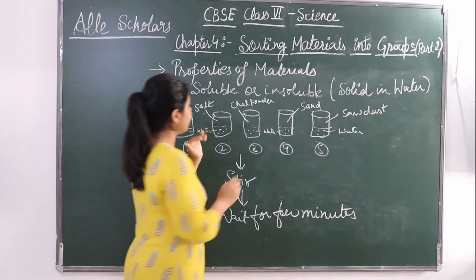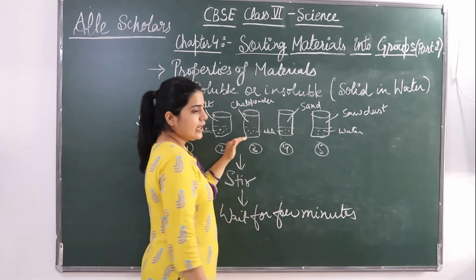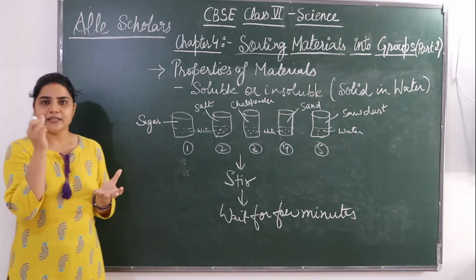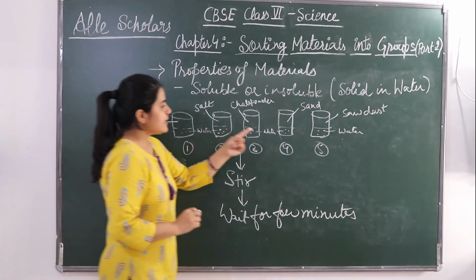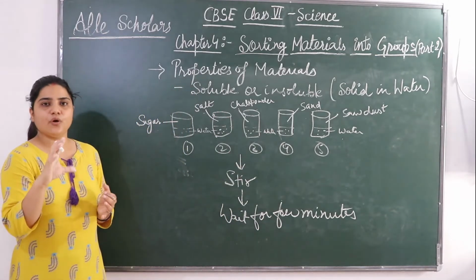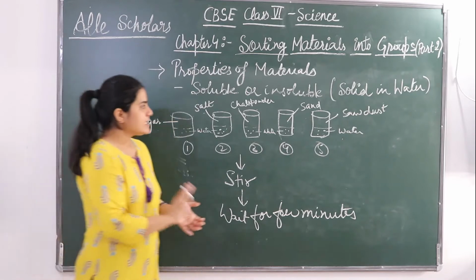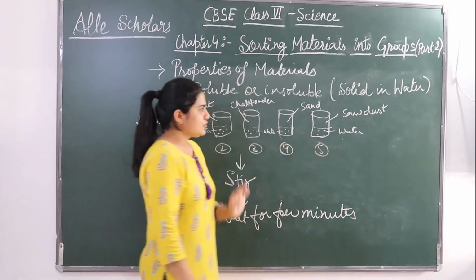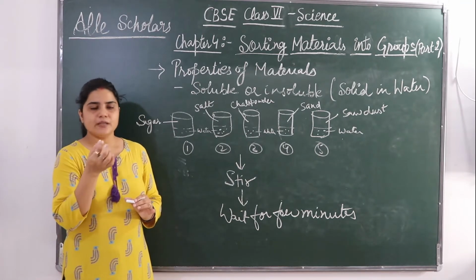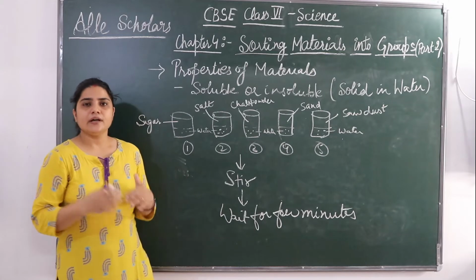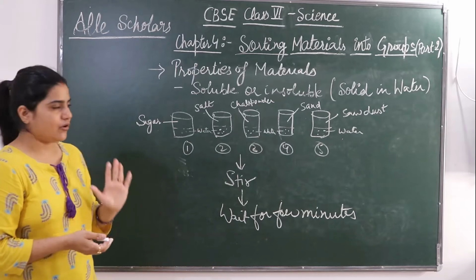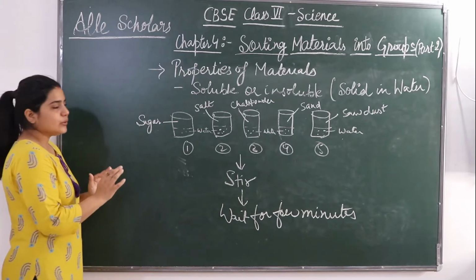Next comes the chalk powder. It does not disappear in water. It means that in the water you will see the powder of the chalk. Similarly, sand again does not disappear in water. In the water you can see the particles of sand. The same is going to happen with the sawdust, it does not disappear in water. You will see the particles of the sawdust in the water. It may change the color of the water because sawdust is yellow, but it is not going to disappear.